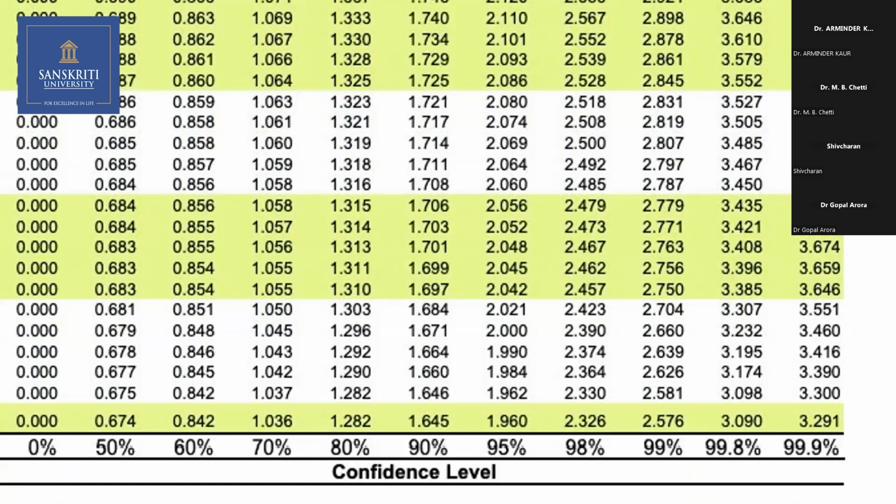Somebody was asking when to use that. So 1.96 is the minimum value to reject the hypothesis. This is a t table. It goes on changing for different degrees of freedom. I hope you understand what degrees of freedom is. It is the number of independent observations. Suppose there are 10 observations. Nine will have the independence, the last one will not. So n minus 1, that is 10 minus 1, will be the degrees of freedom for one sample. Suppose there are two samples, then it is n1 minus 1 plus n2 minus 1, that is n1 plus n2 minus 2.